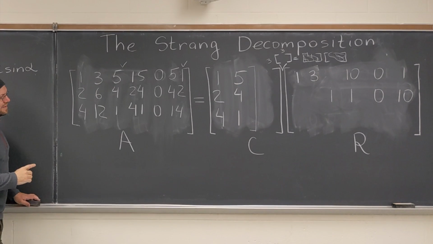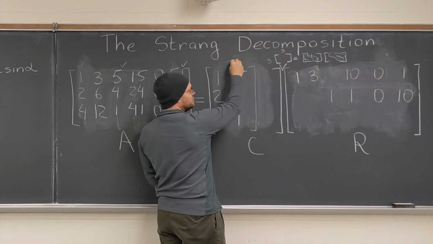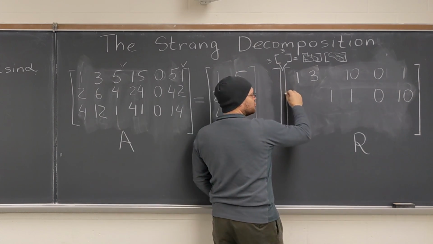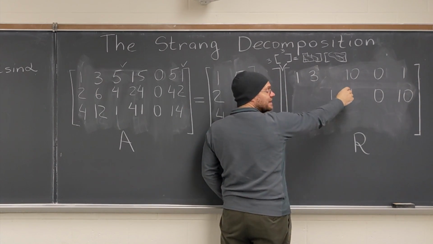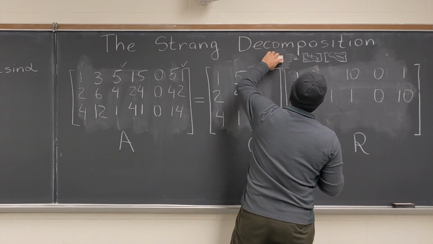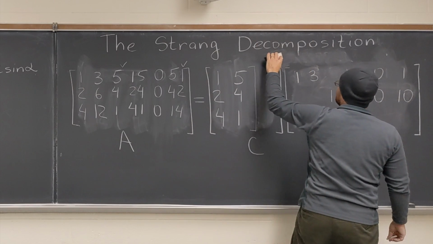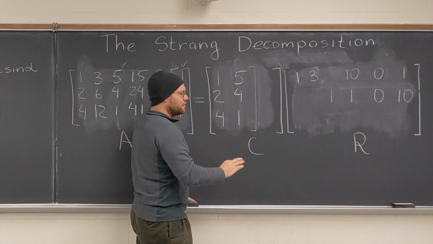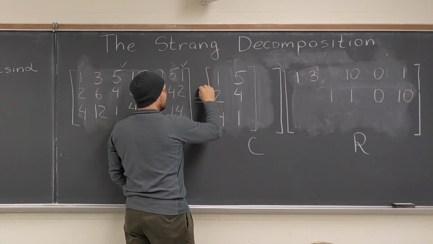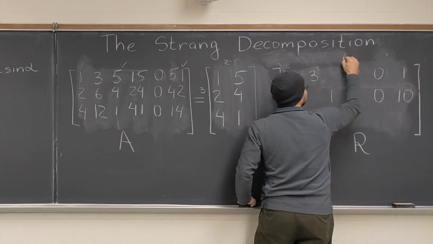And the big problem with this is that I now have an incompatible product. This is 3 by 2, but this is not 2 by something. It's not 2 by 6. It's 3 by 6. Can't you just put in any number? Well, here we go. So what do we do? We can do 3 things here. 3 things that we can do. So first of all, let me just highlight that this is incompatible. It's 3 by 2 times 3 by 6.